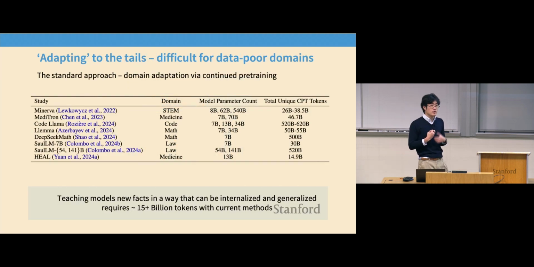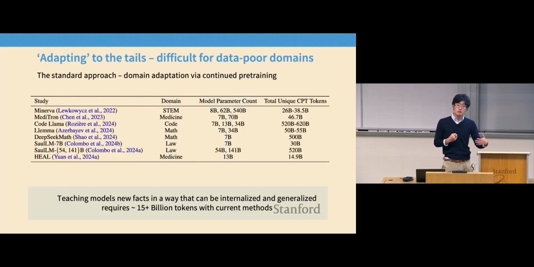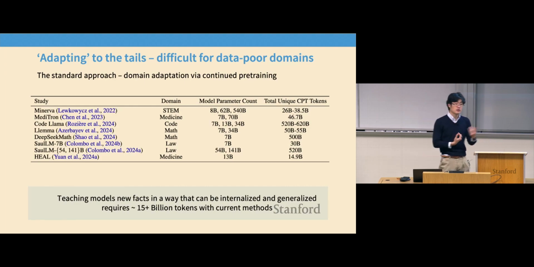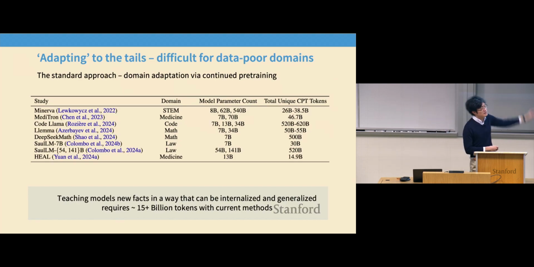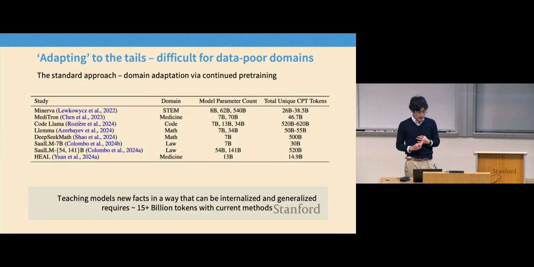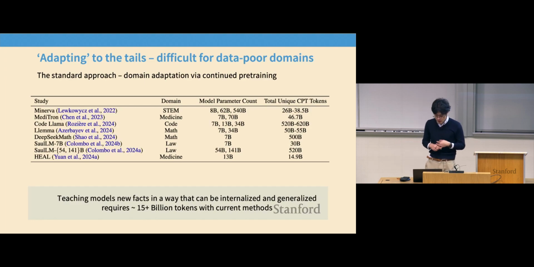And we do know that if we want to make a model work well in some area where there's not that much pre-training data, there are tried and true techniques for doing it. It's called continued pre-training. There have been a number of papers. Here's a random small selection of successful continued pre-training papers that adapt these models for things like law or math or medicine. These models generally work well, with the math and code models being regularly used in a variety of downstream applications.